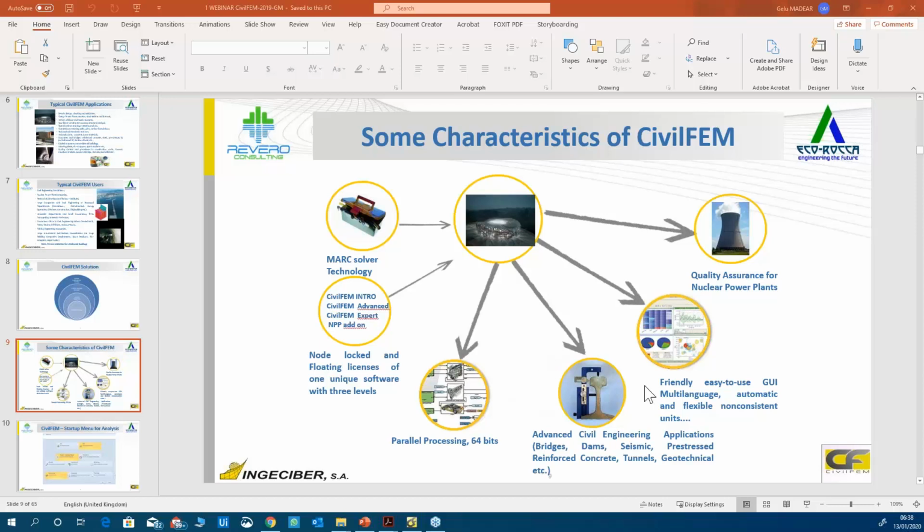As applications, we have advanced civil engineering for bridges, dams, seismic, reinforced concrete tunnels. We have a friendly, easy-to-use graphical user interface in various languages, and the software also has the capability of assuring a quality control process for nuclear power plants.